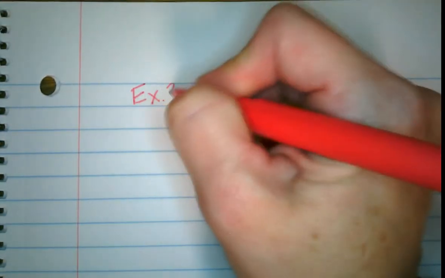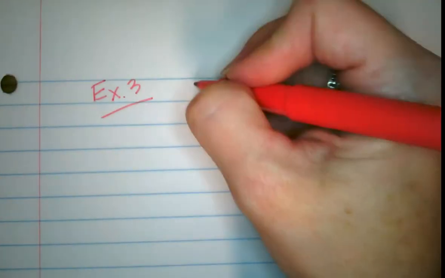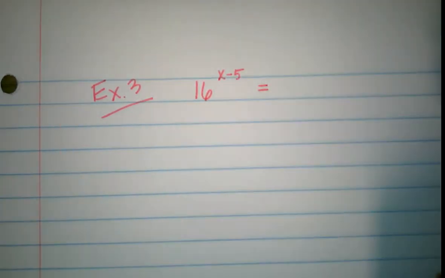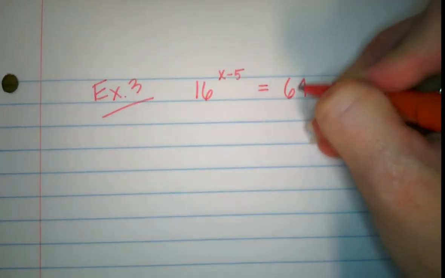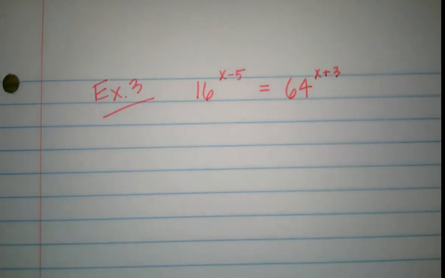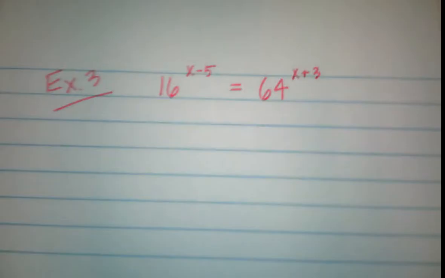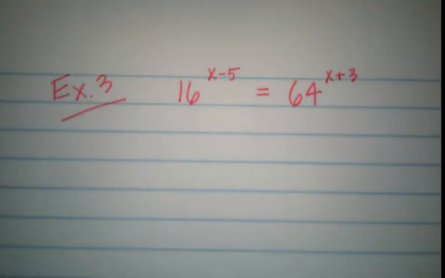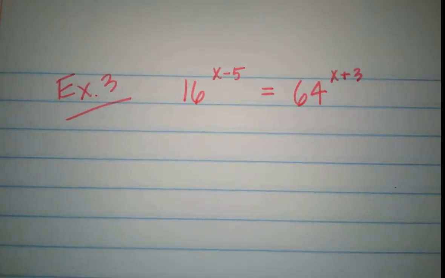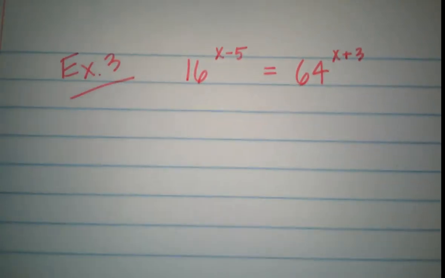All right, so for this problem, let's say that we have 16 with x minus 5 as that exponent, and 64 with x plus 3 as that exponent. All right, so we have to get the base numbers the same. So I'm going to look at 64,